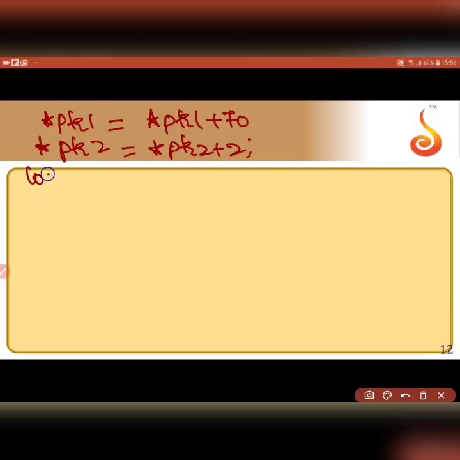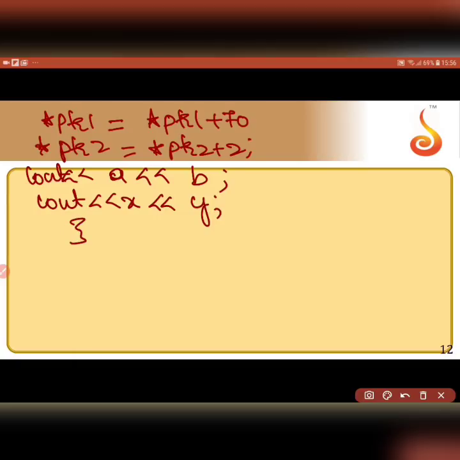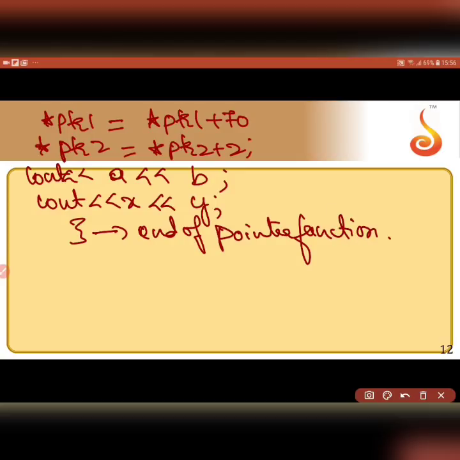So cout a, b, and then cout x and y. I will close my function. This is the end of the pointer function. So let us say I will write main here, but before that let me explain what would be the